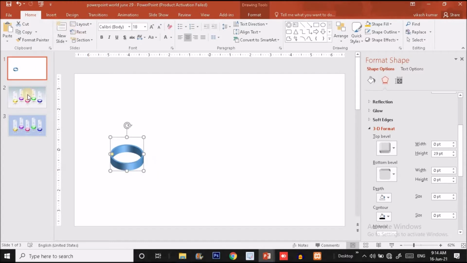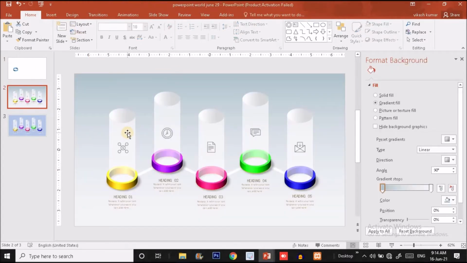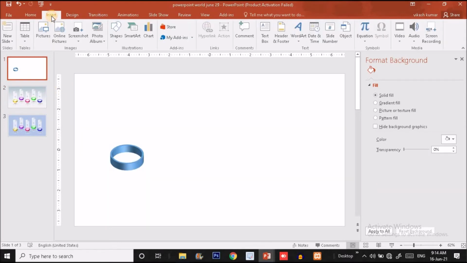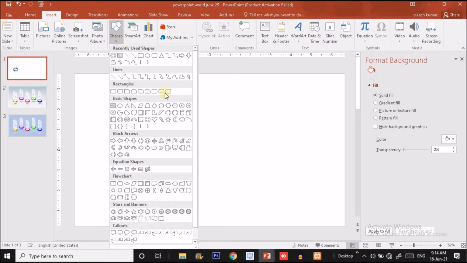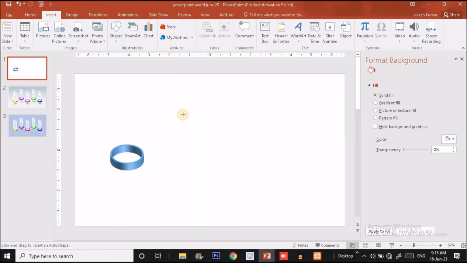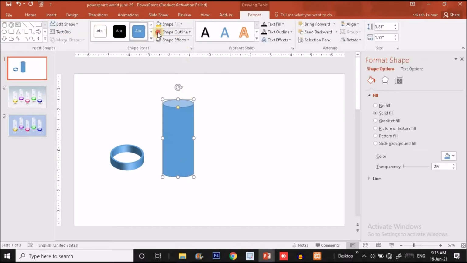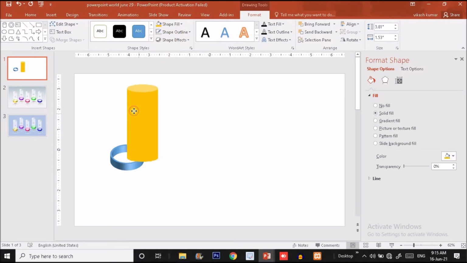So now it's time to create the cylinder, or the transparent pillar like this. Okay, so to do that, I will click on the insert option, again click on shape option. Here you will find the cane option. Just click on that and drag a cane like this. Okay, now make it no outline. Simply click here and make it no outline and fill it with a different color for now. Later on we will change the color. You can make the transparency something this much and put it over here.